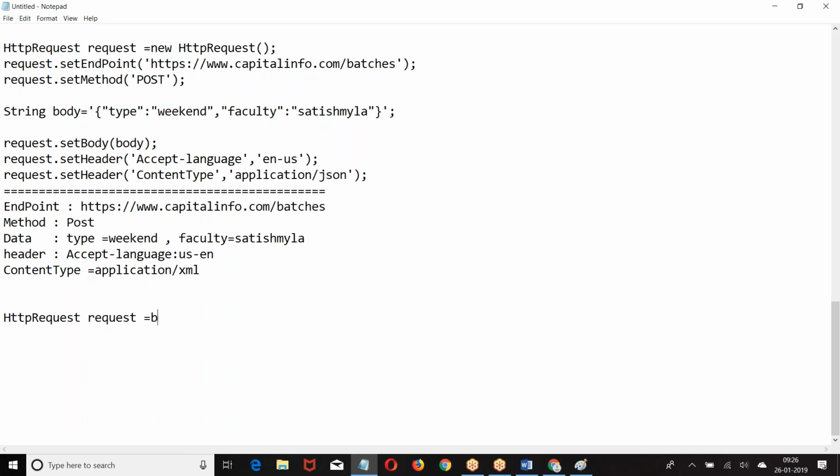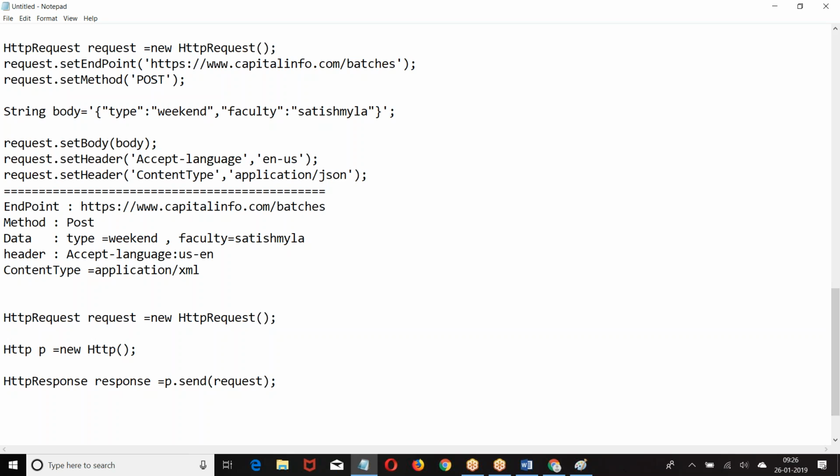Just equal to, then I'm giving p equal to response equal to p dot send.